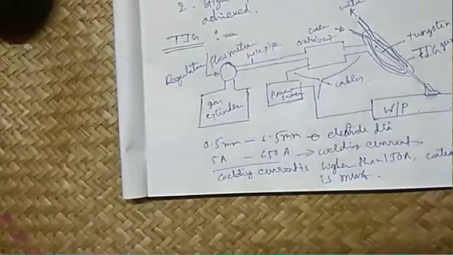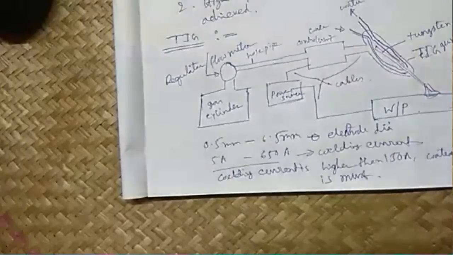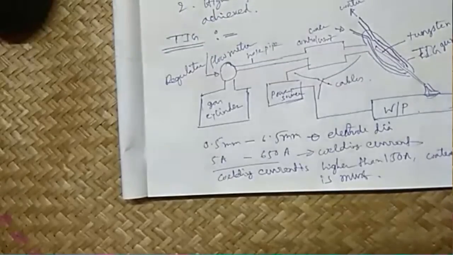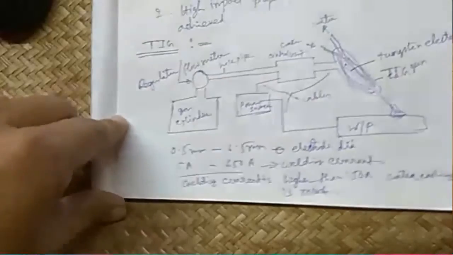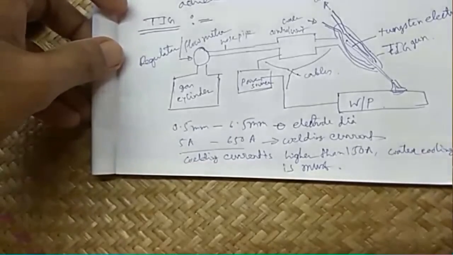No air cooling will work then. After 150, water cooling is a must. So water goes inside the tungsten electrode gun, cools the electrode and the electrode holder, then comes out. So up to 150, air cooling will work. Okay,